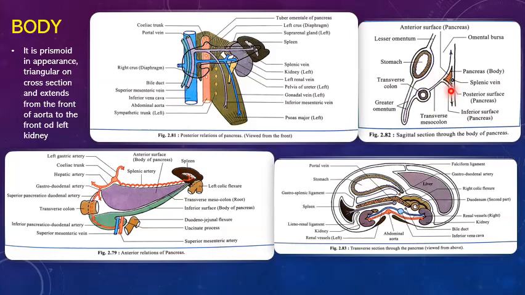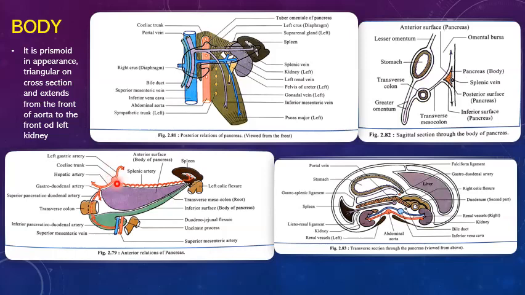So close to the right end, now in this image if we see, right here, this triangular projection you are seeing, right, this upward projection. That projection on the superior border of the body is called the tuber omentale. So what is this tuber omentale? It is a conical projection close to the right end of the superior border. So this tuber omentale is related to the celiac artery.